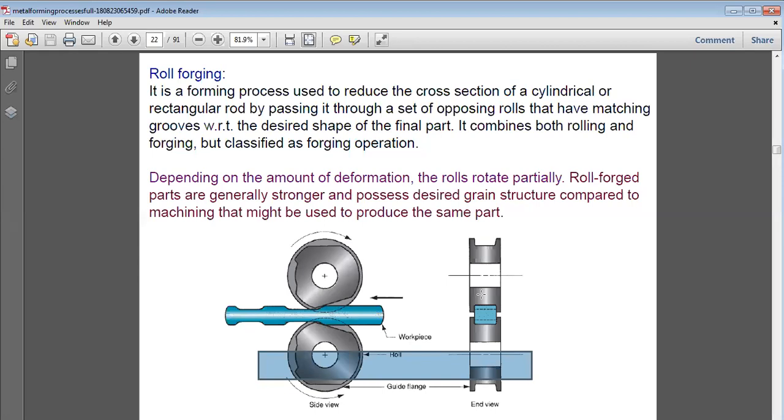Like if we do turning, maybe we will get a better surface finish and better dimensional accuracy, but maybe the desired grain structure is not achieved by turning. Maybe the amount of hardness, like for case hardening, that we require may not be acquired by machining.